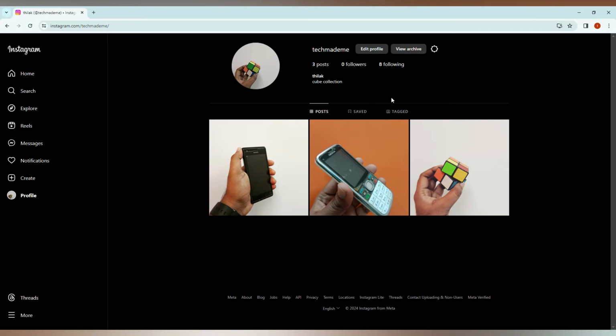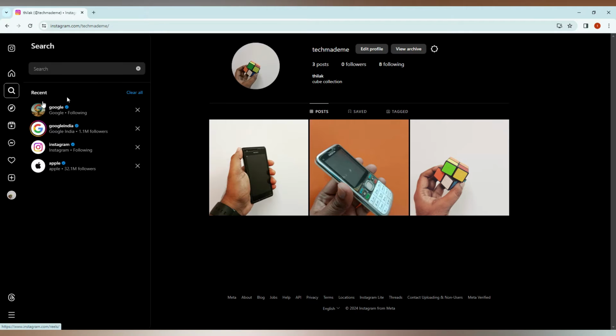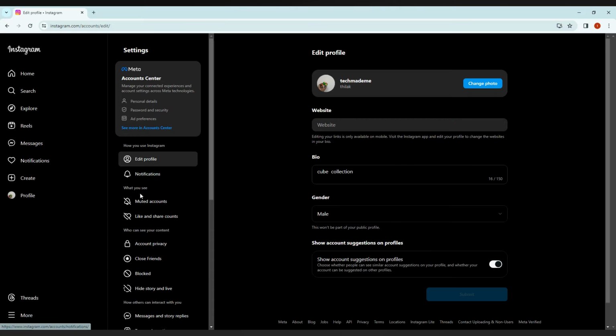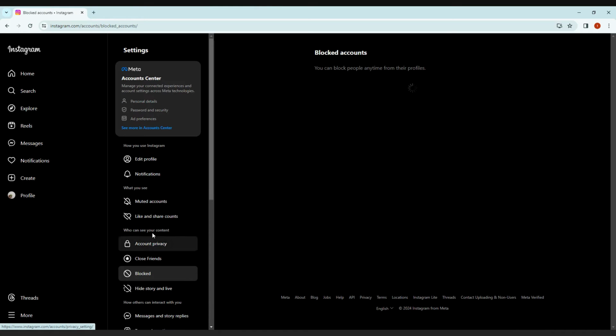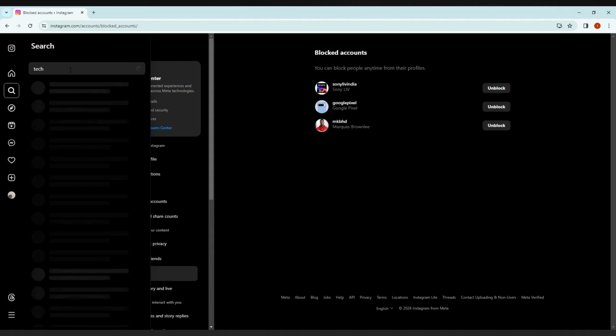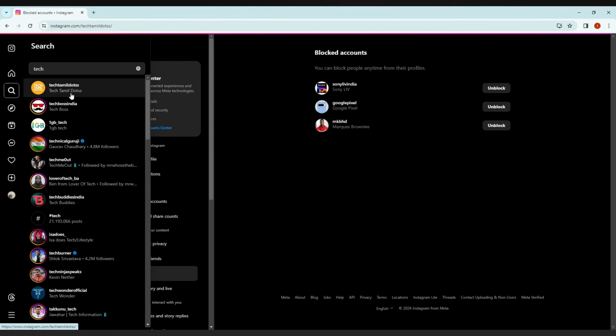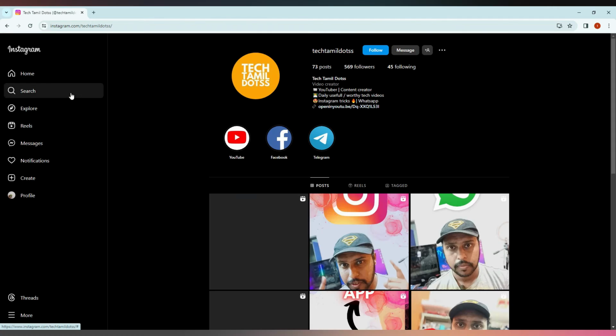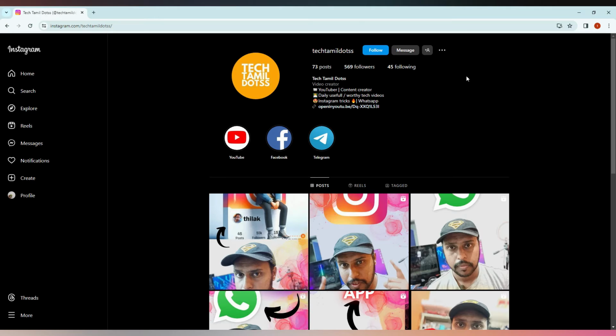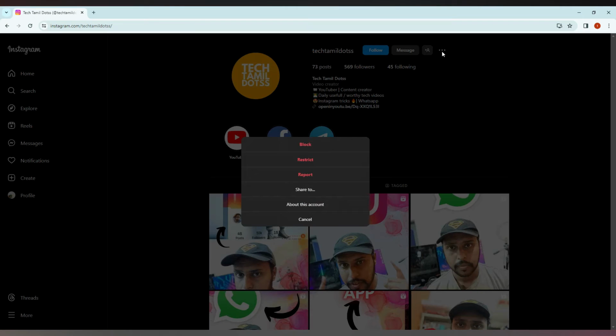So how to restrict an account on Instagram from the computer? First, you search the account that you want to restrict. I'm going to my settings, and I had actually blocked this account, so I'm going to unblock it. Now I go inside the account that I want to restrict. I don't want to block it, I just want to restrict it. So click on the three dot option on the top and you will see an option